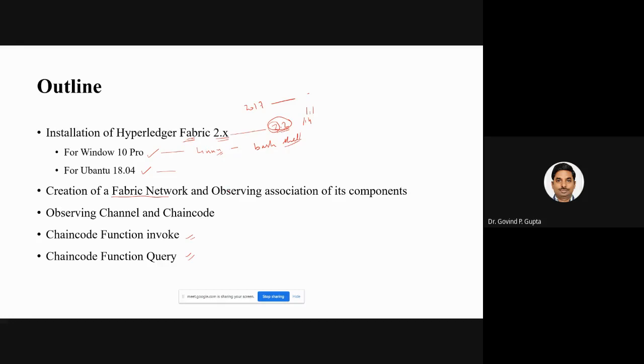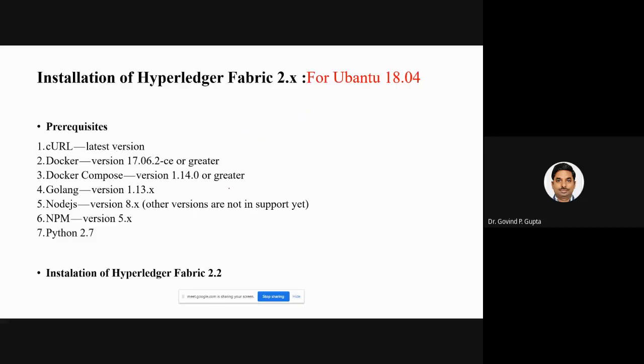So first, I'm going to discuss the installation of Hyperledger Fabric for Ubuntu 18.04. Before installing Hyperledger Fabric, you have to install some prerequisite packages, for smooth running of the containers.